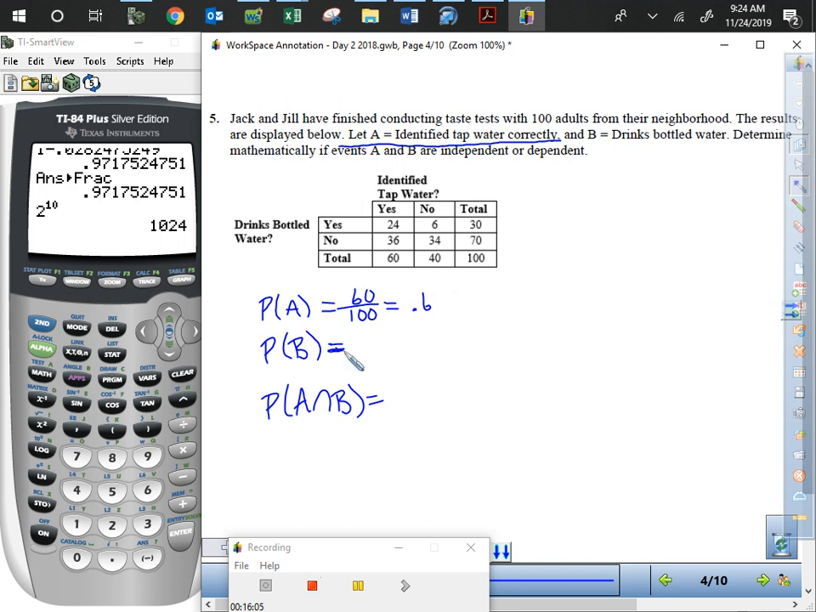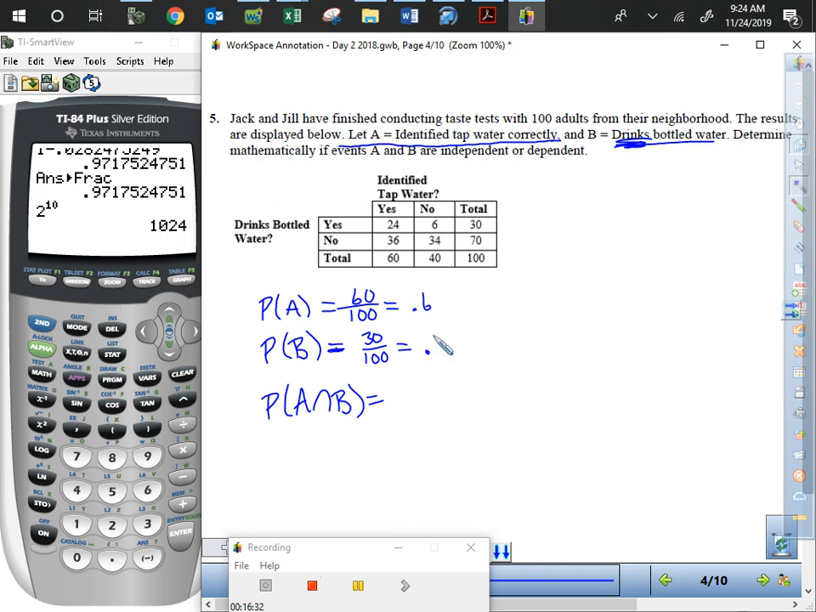Same thing for probability of B. We want to look at all the people who drink bottled water. Okay, so that's over here. Drink bottled water, we've got 30 in the yes, and no is 70. But again, we only want to take care of the ones who actually drink, so we want the yes row here. So our total is 30,